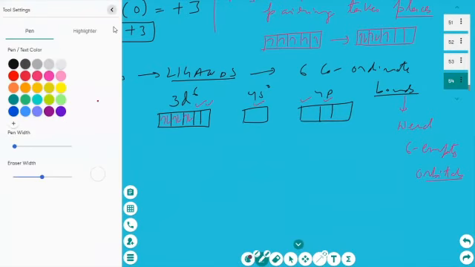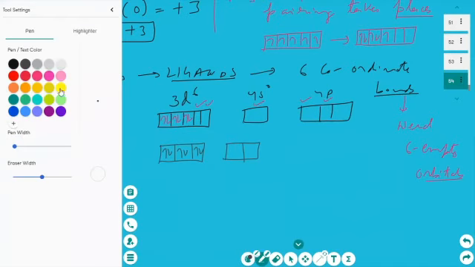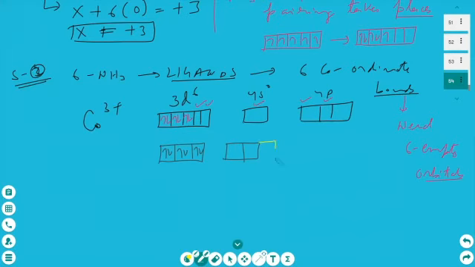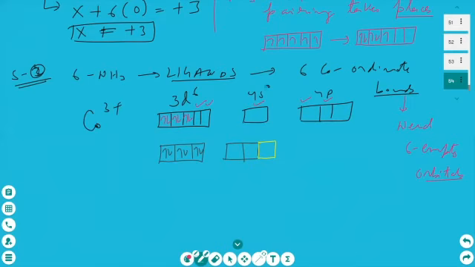So I am combining that, though I am keeping 3d like this separate. Now 2d orbital is there. I'm writing like this just to make a difference. I'm changing color. 1 4s orbital is there. I'm writing like this. So total how many over? 3 over. 3 more required. 3 more is nothing but it is of 4p.